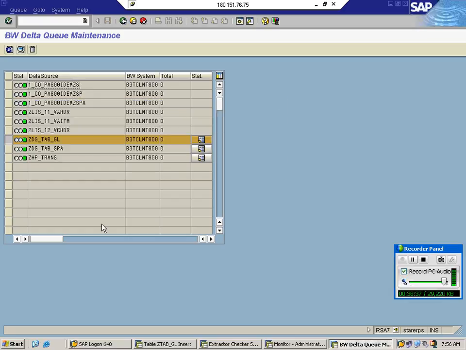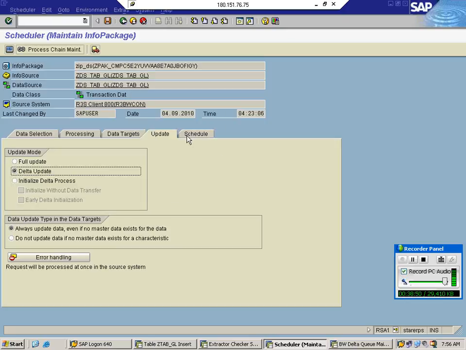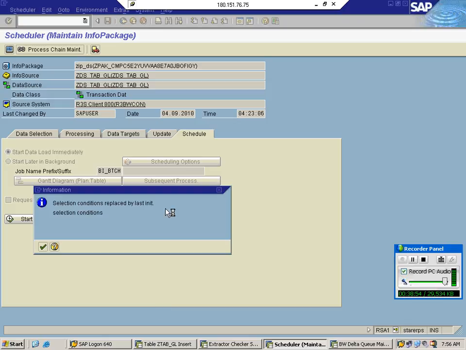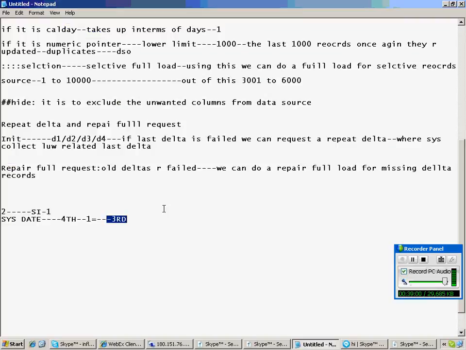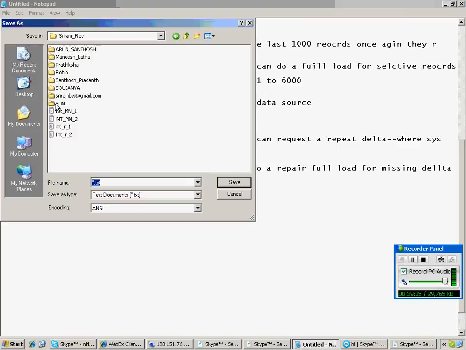So the record must fall into the time interval between the last delta timestamp and the safety interval period. And what do I have to go for now? Delta update, schedule, go with start. Getting my point? So that is how you need to go for installation and run the delta.